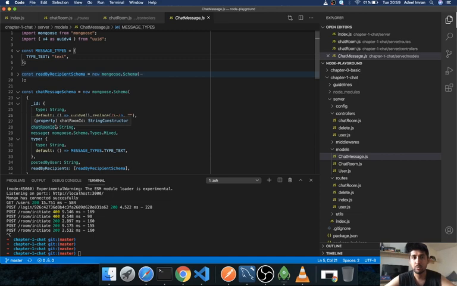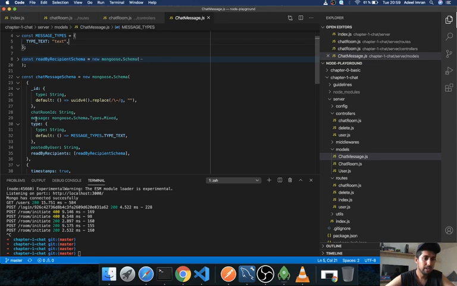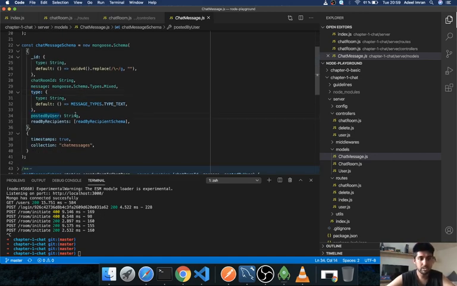We can have an attachment, which has different types of attachment: a single attachment, multiple attachments, and all those different kinds of things. So message can handle all of those because it's a mixed object, and for every type we can have a different message body. Next we have posted by user, which is a string. It's going to be the current user ID of whoever posts a message in this chat message collection. Our timestamps are true, which means createdAt and updatedAt, which are date objects, are going to be added automatically by Mongoose. And then we have read by recipients, which is an array